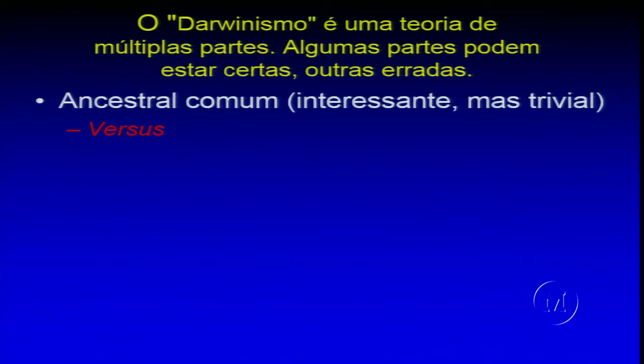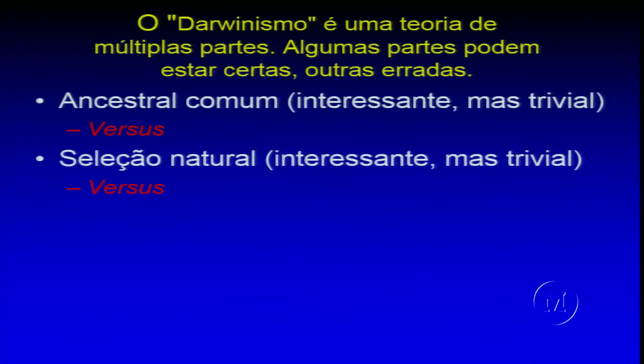And I think that's an interesting idea about natural history, but ultimately it is trivial because it doesn't say where the ancestral organisms came from. It doesn't say how they changed into modern organisms. It just says there were these animals in the past and they gave rise to these animals in the present, but doesn't say how. So essentially it's interesting, but it really doesn't have much philosophical or even scientific substance to it.